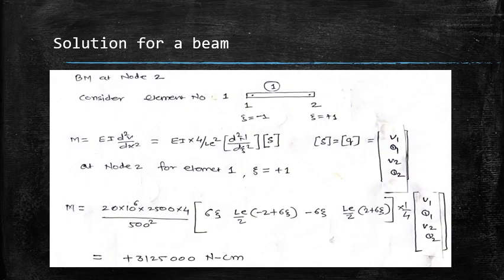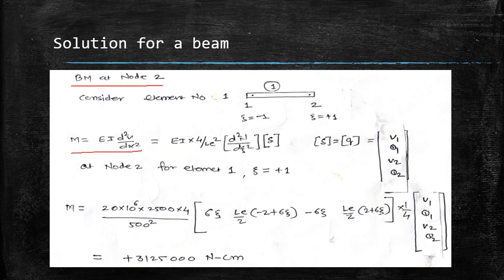Now we will calculate bending moment at node number 2. If you look at the global stiffness matrix, the row corresponding to bending moment 2, that is theta 2, is the fourth row, which has not been cancelled. And now if the row has not been cancelled, we cannot use it in the way we have used it previously. So this is the way I will proceed to calculate bending moment.